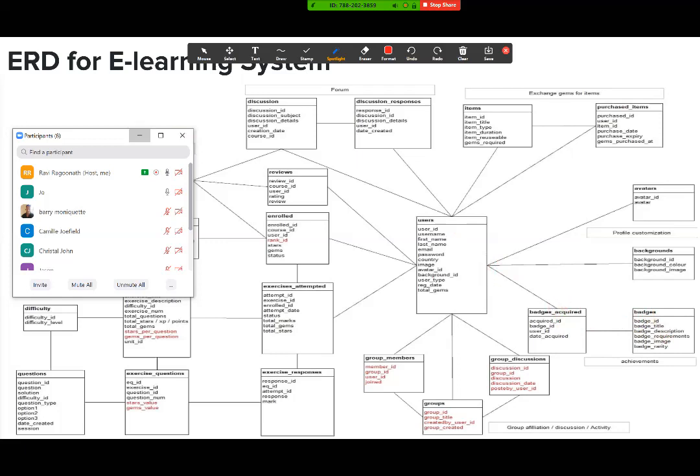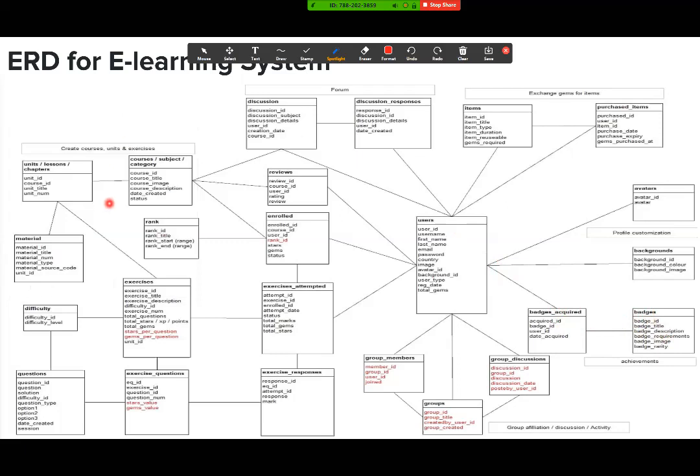Let's use another one. Let's take a discussion and a user, right? You know what a discussion thread is, right? Like a chat, an entry, right? So in terms of the user and the discussion, we're focusing only on this relationship here. Could one user, so always start with one, could a user create many discussions, or a user could only create one discussion? Many discussions. So many goes here.